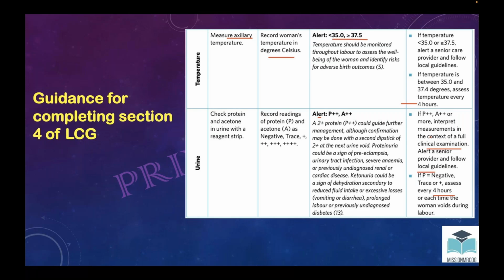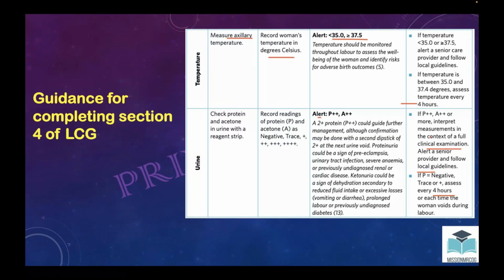So if it is trace or +1, +2, +3, and +4: protein 2 plus, acetone 2 plus, these are the alerts. If the alert is there, they will do a full clinical examination and involve a senior professional. But if it is fine, if protein is fine,